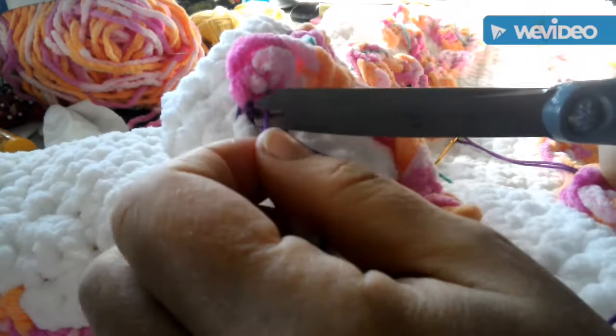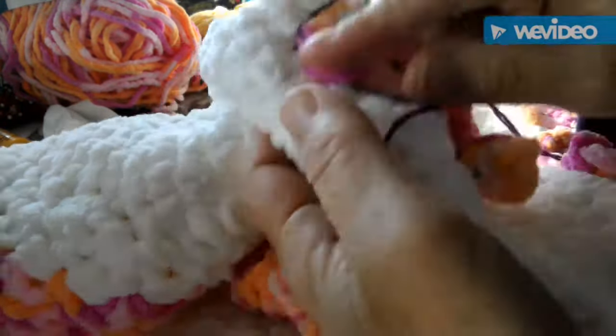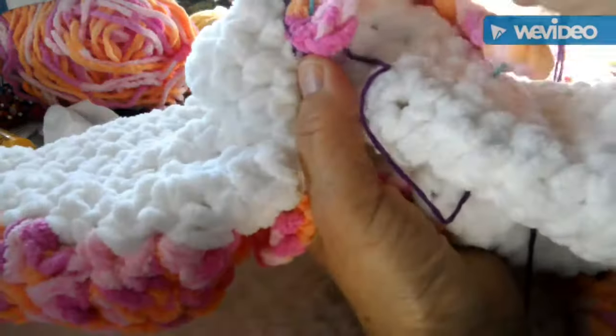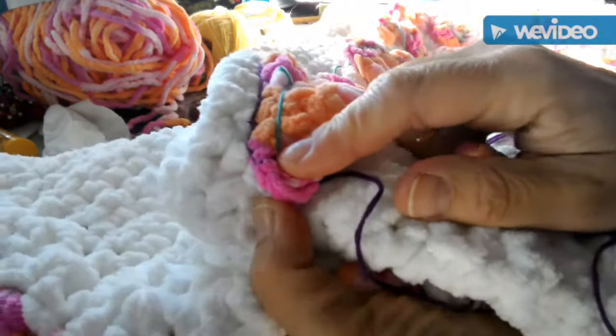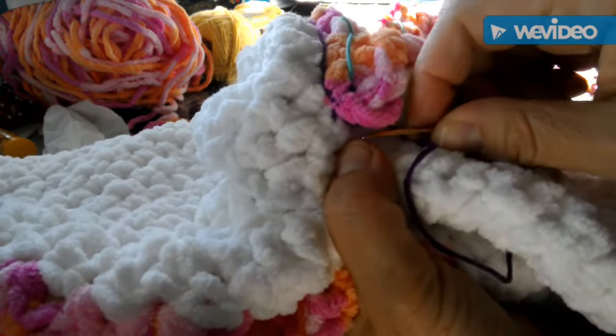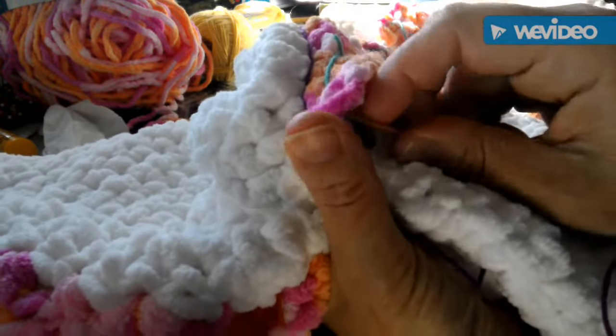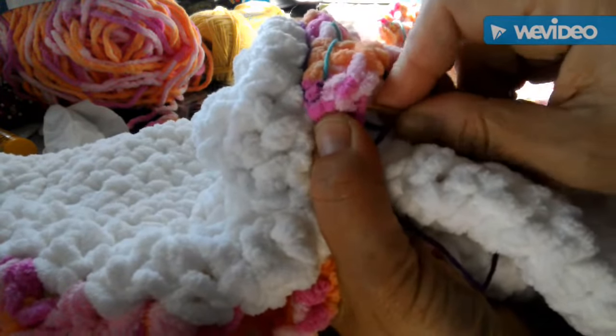We'll trim the edge, the end rather. And the last thing I want to show you for this video is how to do that blanket stitch or buttonhole stitch. You will come up in the letter,